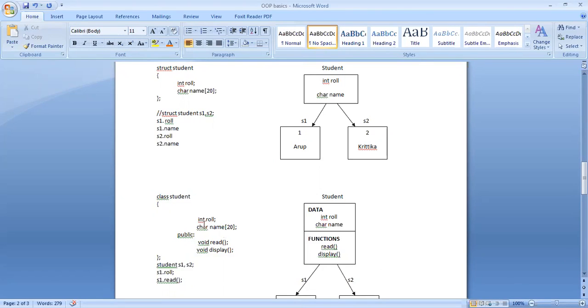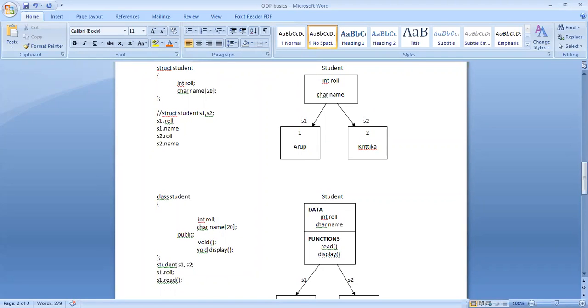So here in the student class I have the same data members as in here, followed by the behavior that the objects of that class will exhibit, say, read and display. I have some associated behavior. I might also have some other behaviors, like you can have result.